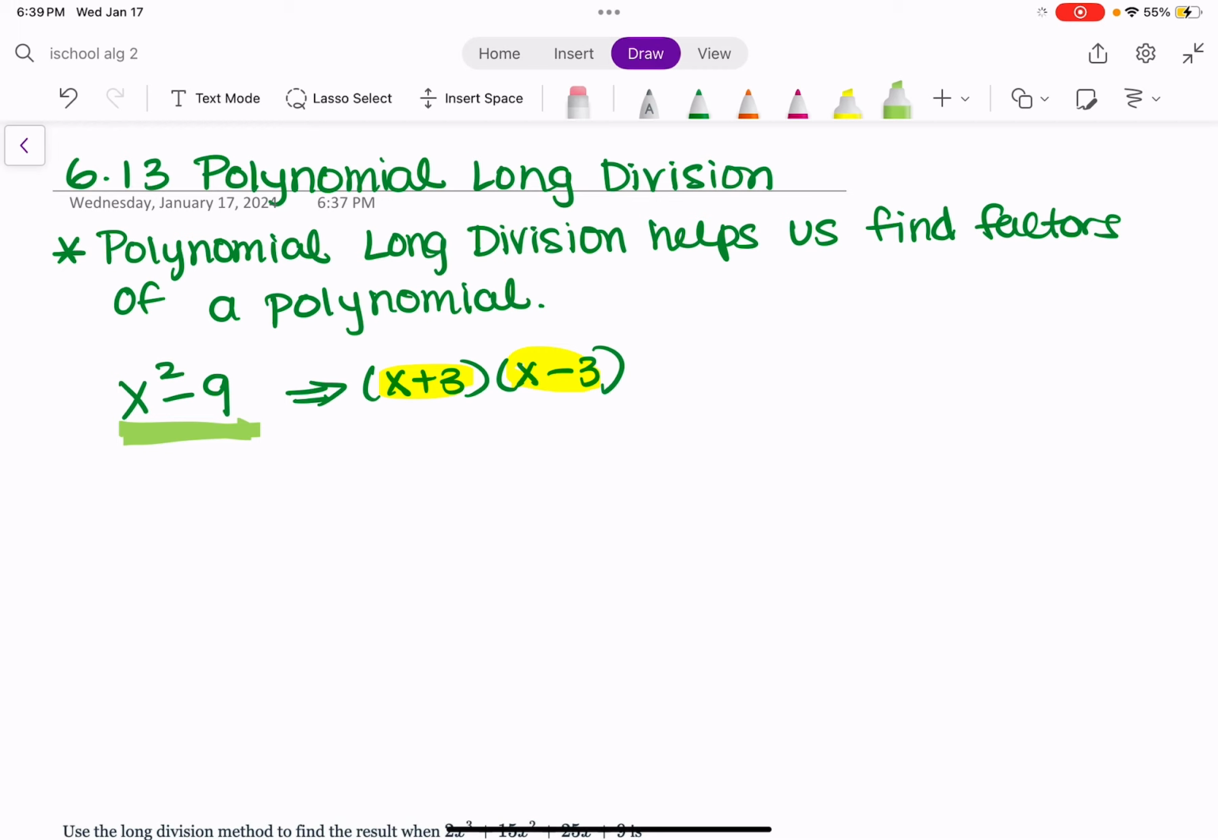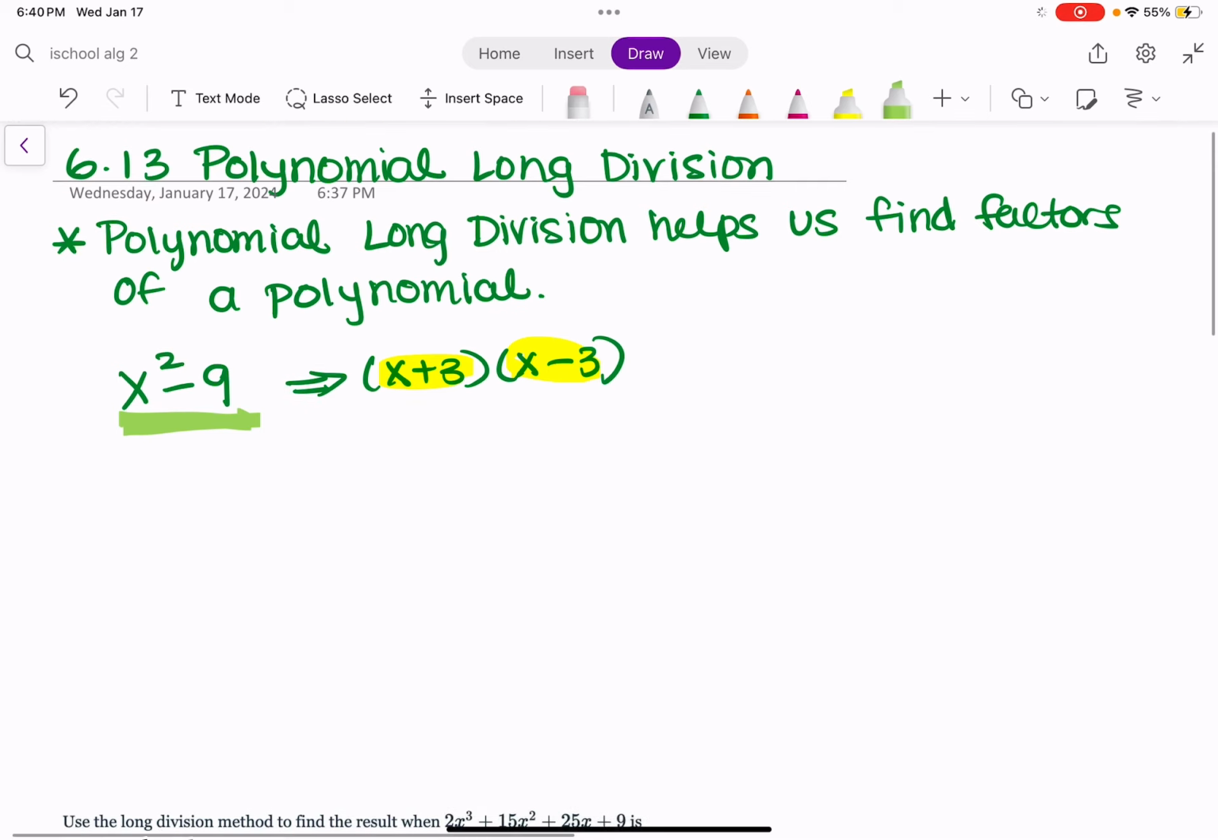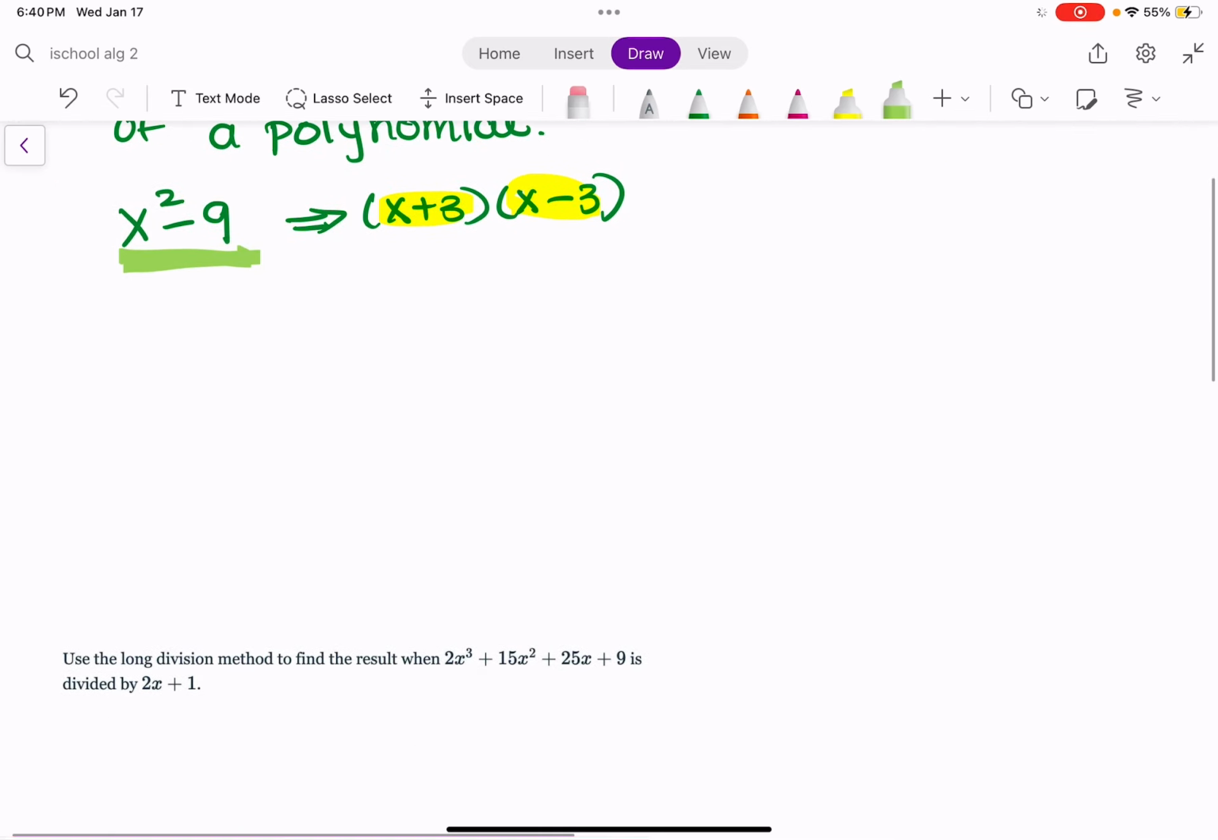However, if a polynomial is unfactorable or we're not sure how to factor it, one way that we can figure out if something is a factor is by using polynomial long division. Okay? Now, here are the steps. If I were you, I would get like 3 to 4 different colors and color code your notes. That's just me personally, but it's up to you because it is pretty procedural and it can get kind of